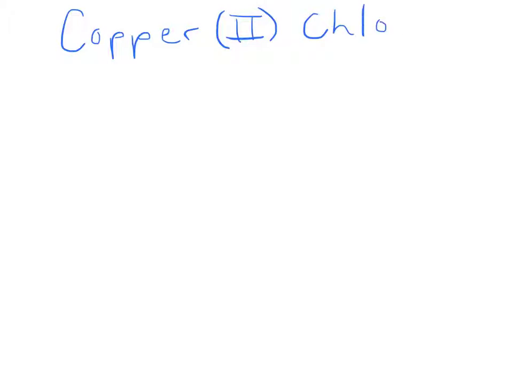So let's start out with a nice, quick, and easy example here. What I'm going to start out with is let's look at copper 2 chloride. If I was going to find out the chemical formula for copper 2 chloride, what I'd do is I'd